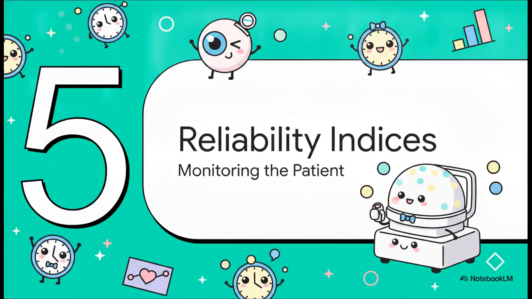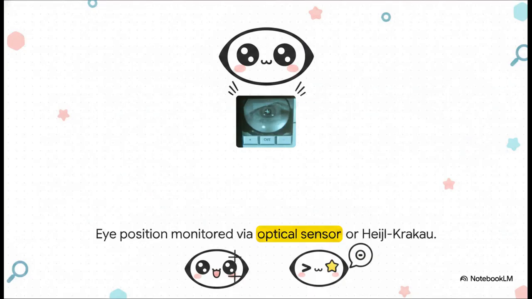Section 5, Decoding Reliability Indices. Okay, so now that your patient is set up perfectly, remember, the machine is always watching. It monitors fixation using either an optical video sensor to actually track the eye or by using the incredibly clever Heijl-Krakau method. So how does Heijl-Krakau actually work? Well, the machine smartly projects a stimulus directly into the patient's physiological blind spot. If the patient is staring straight ahead exactly like they're supposed to, they shouldn't see a thing. But if they press that button, boom, a fixation loss is recorded because it means their eye must have drifted